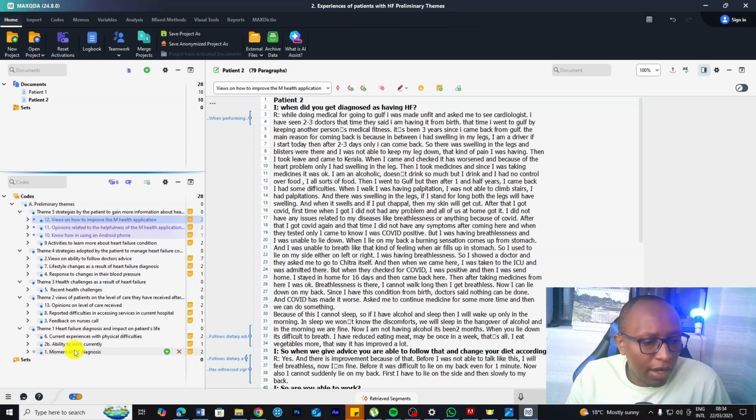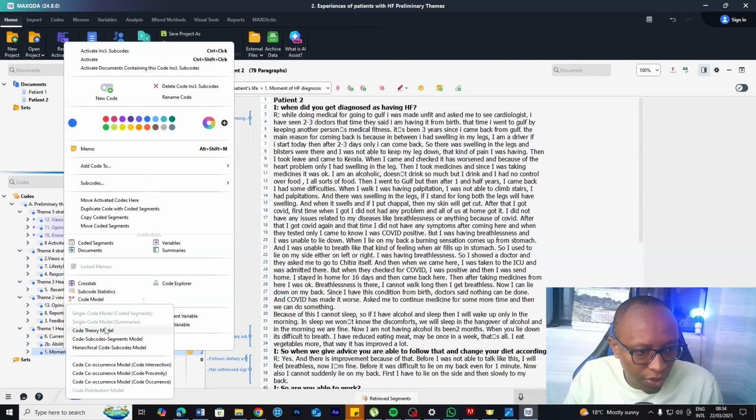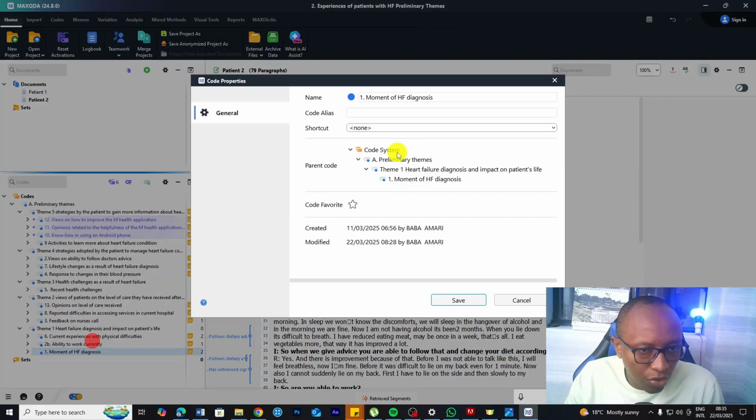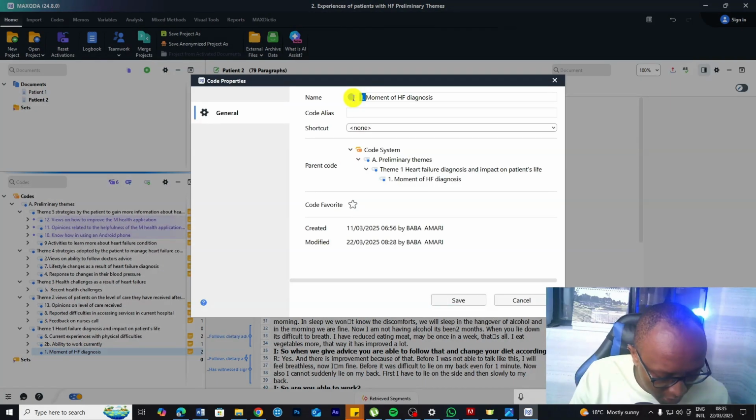Under the themes, we still have containers. Now we go and rename them. Now the containers will become the sub-themes, okay? For example, moment of HF diagnosis. Go to properties, right click, go to properties. This one will become sub-theme